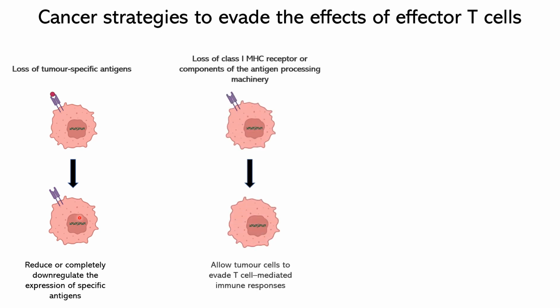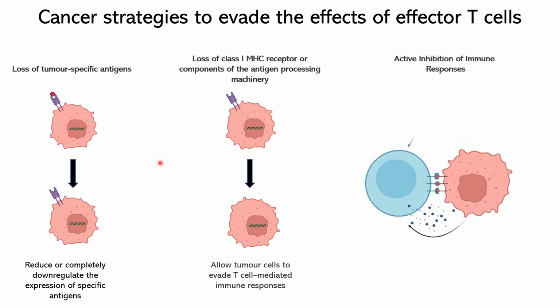Okay. The second strategy is through losing a very important receptor called class 1 MHC receptor. These receptors are responsible for presenting the antigens, like cancer-specific antigens. So what the cancer does is that it stops expressing that receptor, and that will result in the same problem, that the T cell will not be able to identify such a cell. Okay, because the T cell needs to identify that specific antigen to identify the cell as foreign